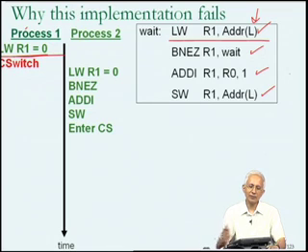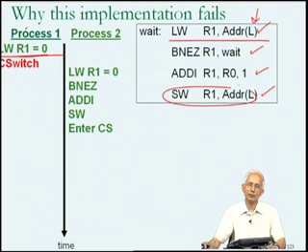What it is going to find out is that it will read into its register R1 the value L equal to 0, just like process P1 did. Note that process P1 had read the value of L equal to 0, but did not go to the subsequent statements and modify the value of L. Consequently, when process P2 started executing, it too reads the value of L equal to 0, but goes ahead and modifies the value of L, and therefore enters its critical section.